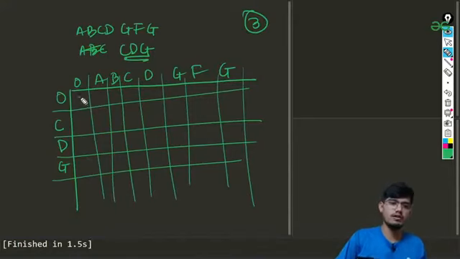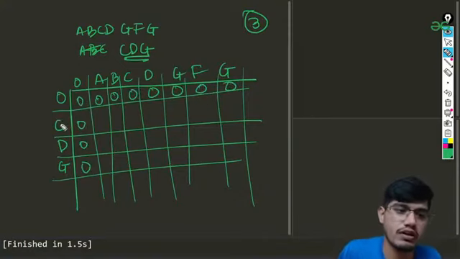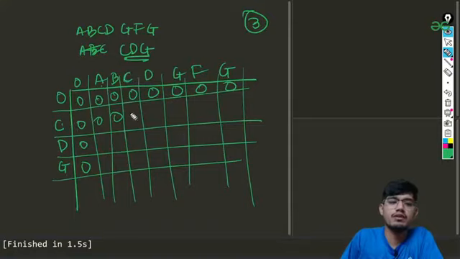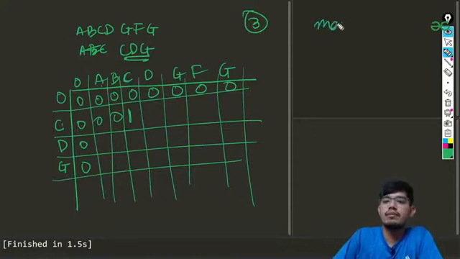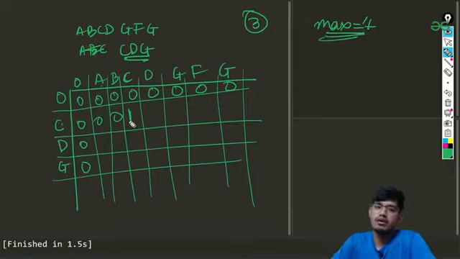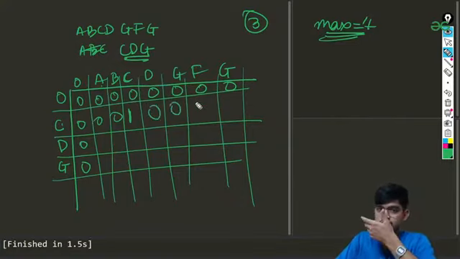First it will fill all the values with zeros. First we look at whether C is equal to A or not. It is not equal, so we put 0. B is not equal, 0. Then C matches, so we increase to 1 here. Now we'll make a variable which will store the maximum count. For now it is 1. Moving forward, C is not equal to D, 0. G is not equal to C, 0. F is not equal to C, 0. G is not equal to C, 0.